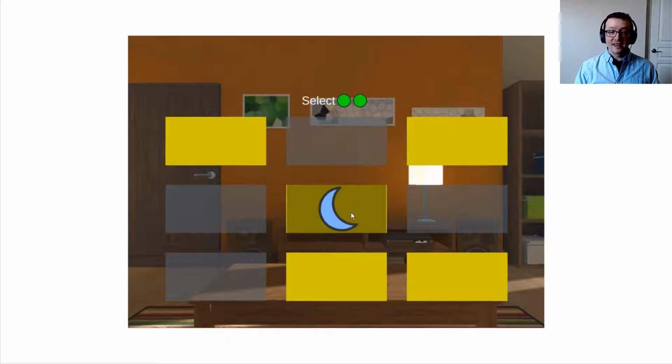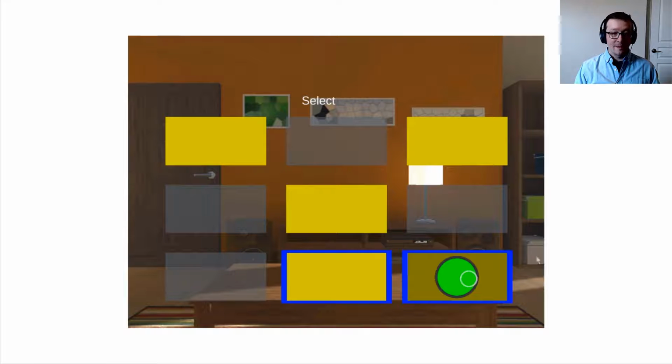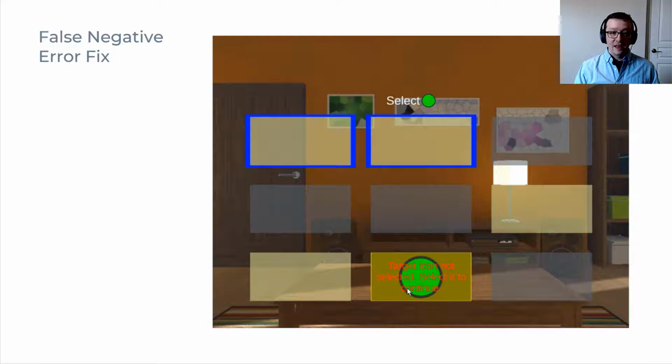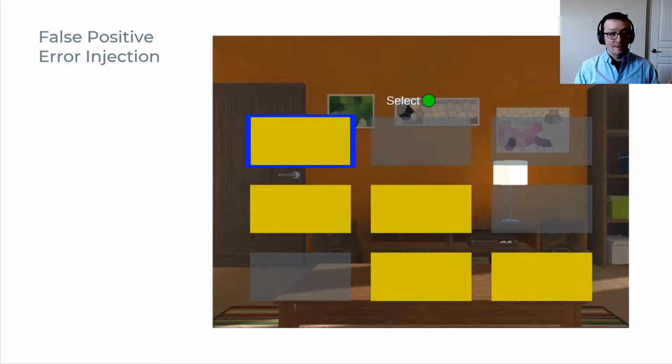The goal of this task is to search a grid of tiles for target items, and then select them with a click. The system can inject a false negative error when the user finds a target item and goes to click. The system acts as though no click has occurred. To recover, the user must reopen the tile and then click to select it. And the time it takes to reopen the tile during this recovery can be manipulated.